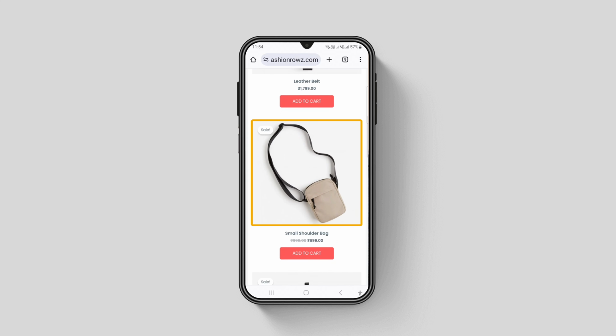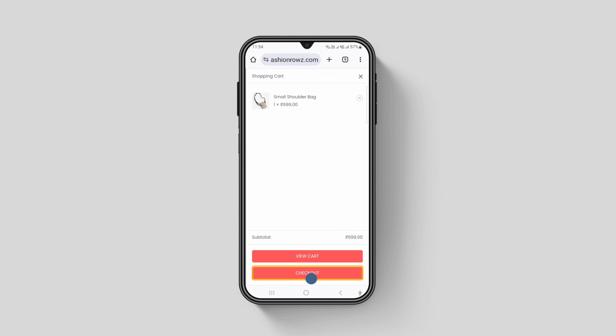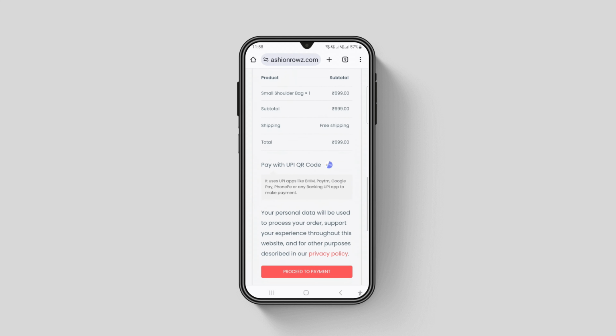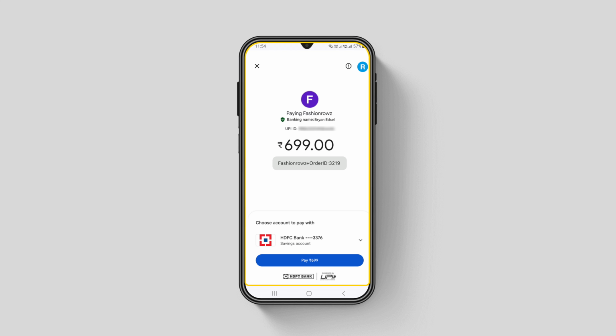To purchase this product, all you have to do is just click on Add to Cart and click here. Then click Proceed to Checkout. Fill up these details. Click Proceed to Payment. And here you can see that we've got the UPI payment option. Now to complete the payment from their mobile, all they have to do is just click on any UPI option and it will open the UPI app. Now if they click Pay,